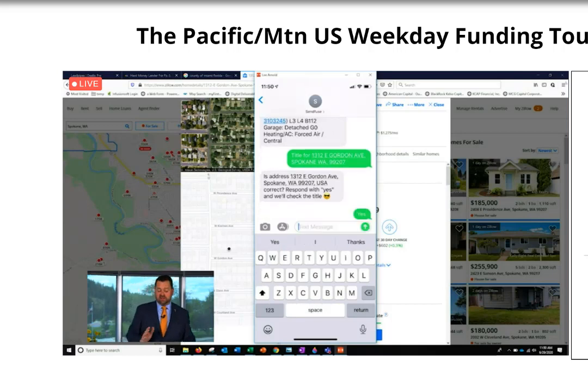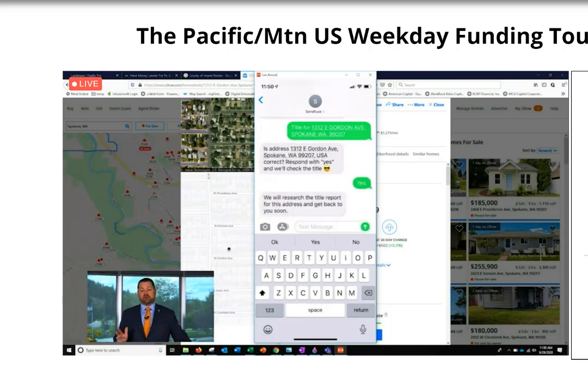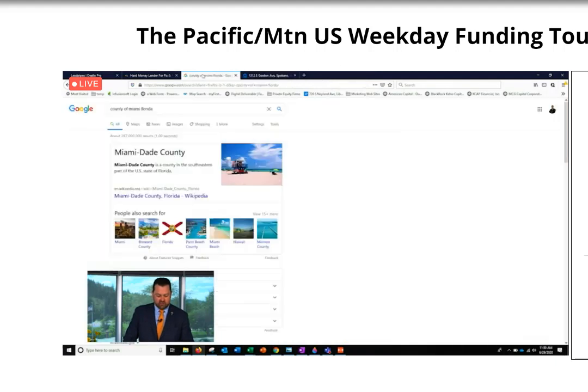Now what the title report is going to give me is all of the additional property information. How long have they owned it? When did they buy it? How much did they buy it for? Who are the neighbors? The surrounding property data, the tax assessor information. Everything is going to be delivered to me in SendFuse. Okay. Now while I'm waiting for that delivery of the title report to land, I'm going to go back here